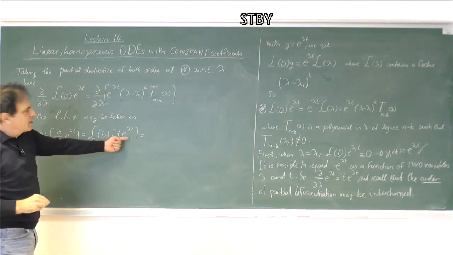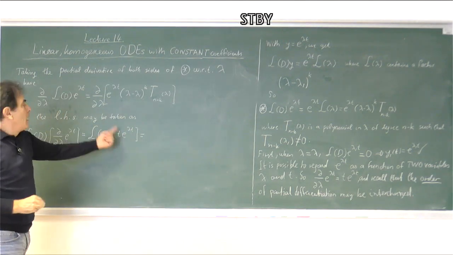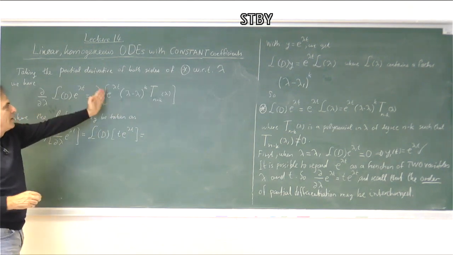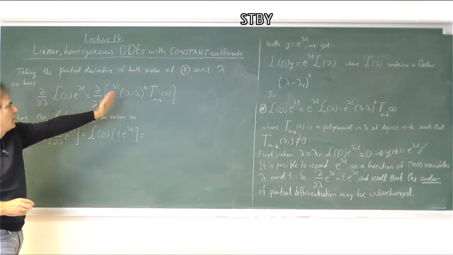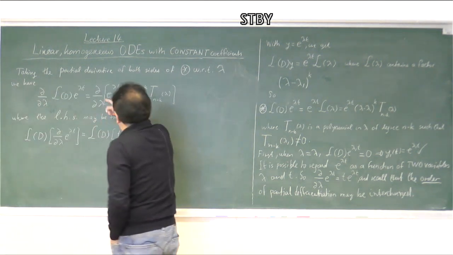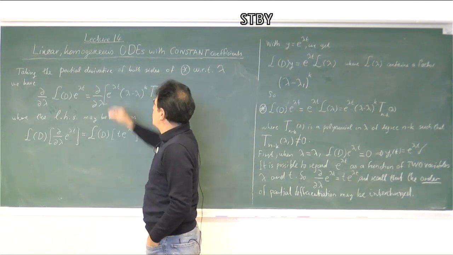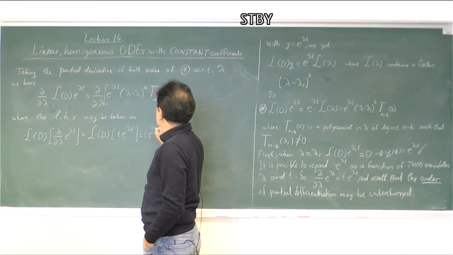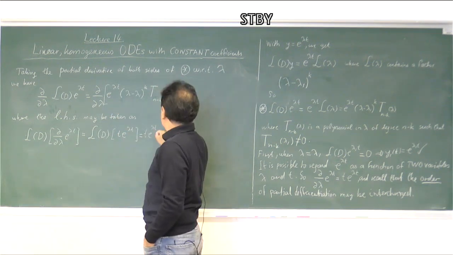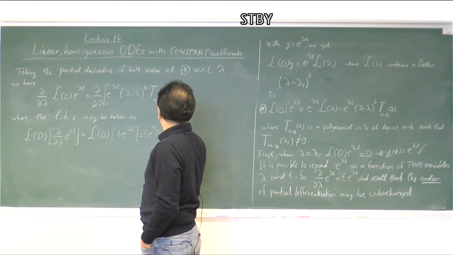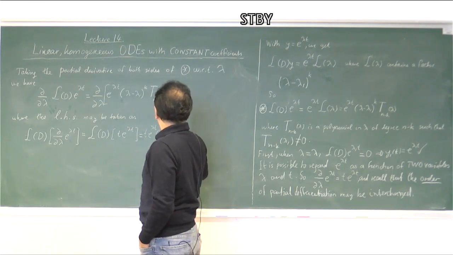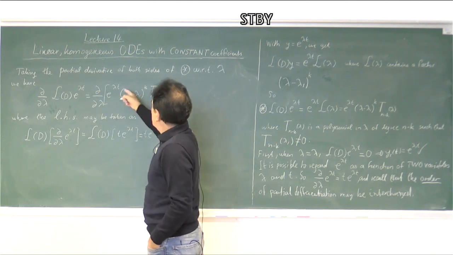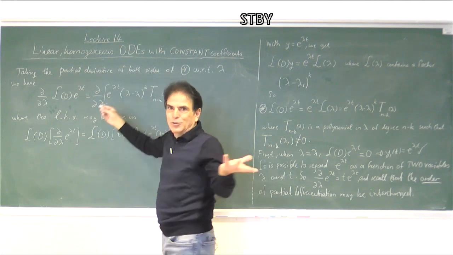Good, we get this result. On the other hand, taking the partial derivative of the right-hand side, we have to take the partial derivative of the product. So what is the partial derivative of the first term with respect to lambda? t times e to the power lambda t, times (lambda minus lambda 1) to the power k, times t_n minus k of lambda. Now, the partial derivative of the second factor, using the usual